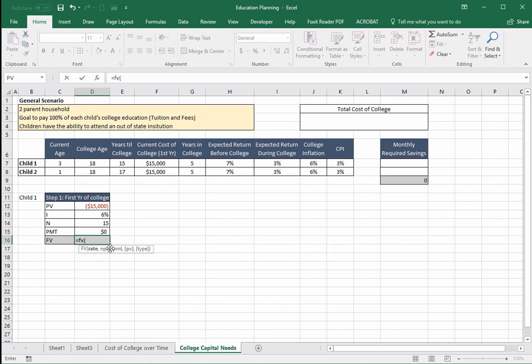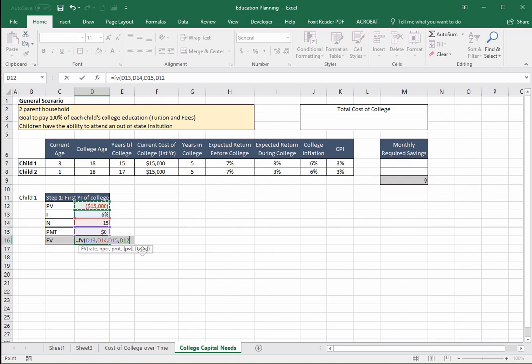Now we're going to follow our formula here for calculating time value of money. First we need the rate variable, which is our I, then hit a comma and do the number of periods, comma, payment, comma, and present value. We do not need to worry about the type right now. The type actually is what we would use